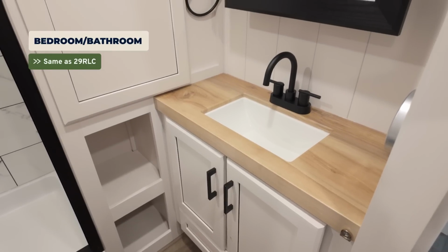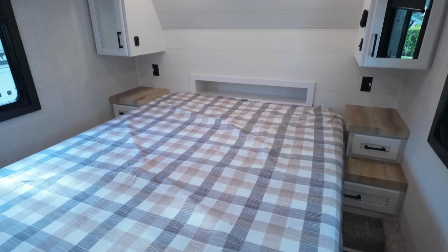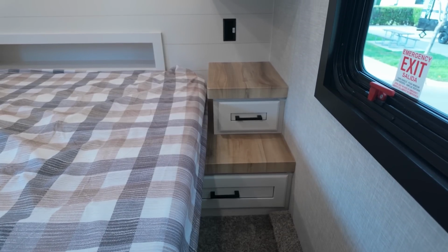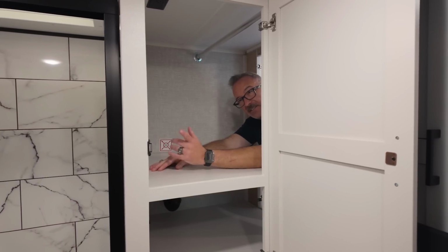All the way down to the butcher block vanity, the oversized medicine cabinet, that gorgeous shower, Olympic-sized bed, second AC or AC prep, as well as butcher block nightstands. You got the mirrored wardrobes, even that multi-purpose pass-through storage / wardrobe, which, by the way, could you hand me